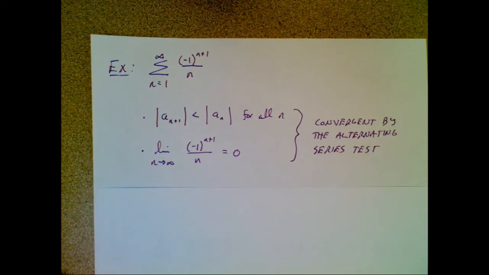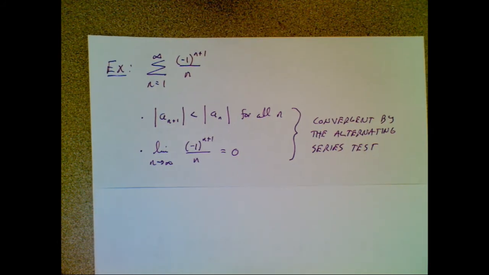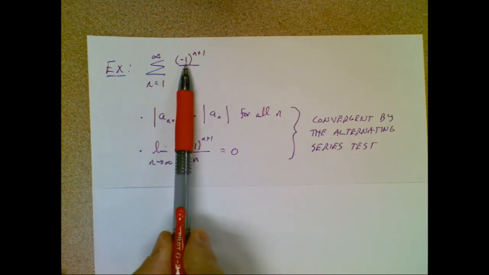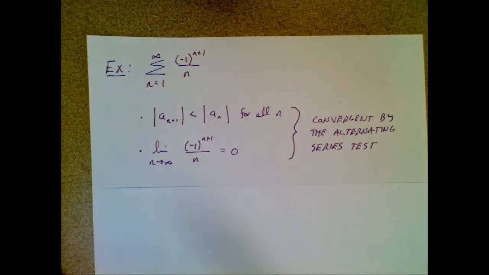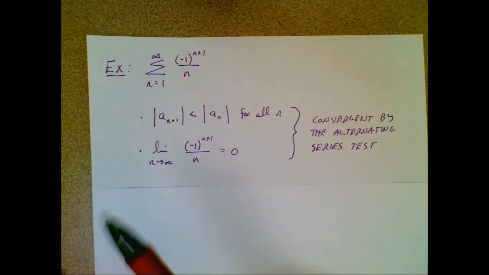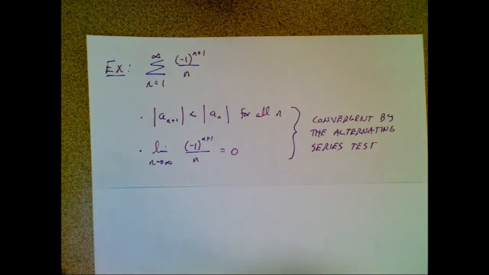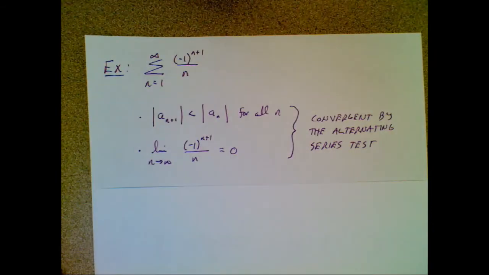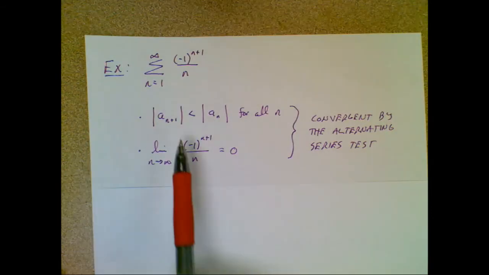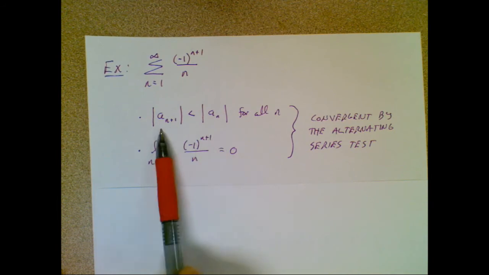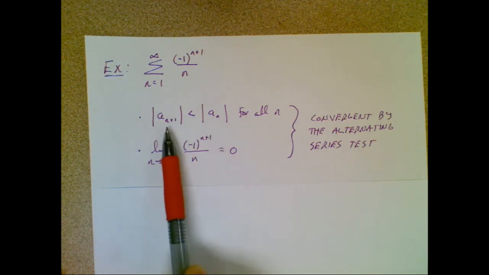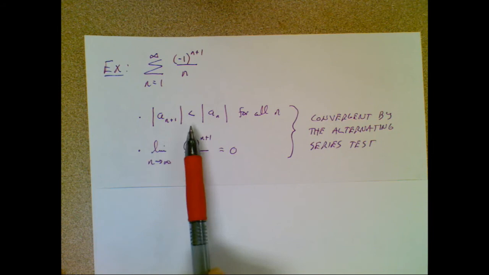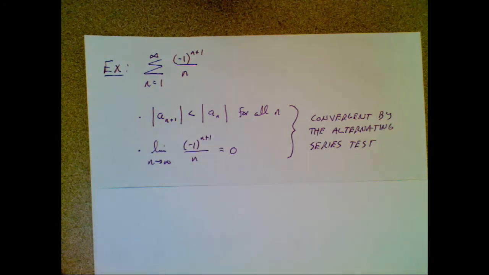So this is how it would look if we were going to fight the golden retriever of the alternating series world. This is an alternating harmonic series. Remember that the harmonic series is divergent, but the alternating harmonic series ends up being convergent, and here's why. We can safely say that each future term in absolute value terms is less than the previous term,